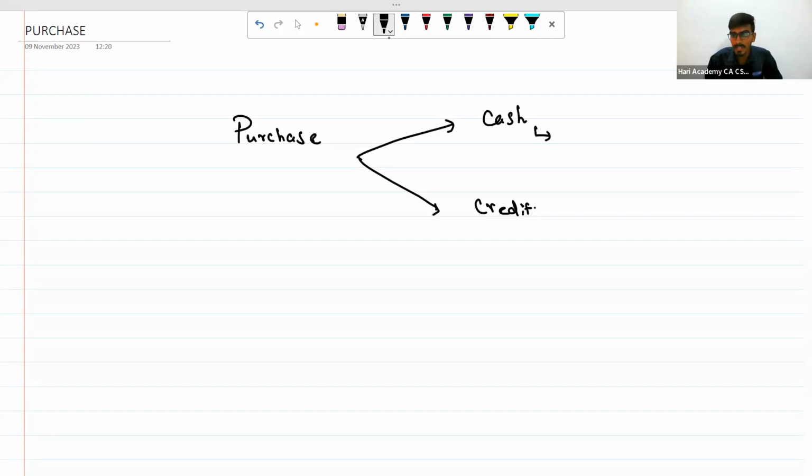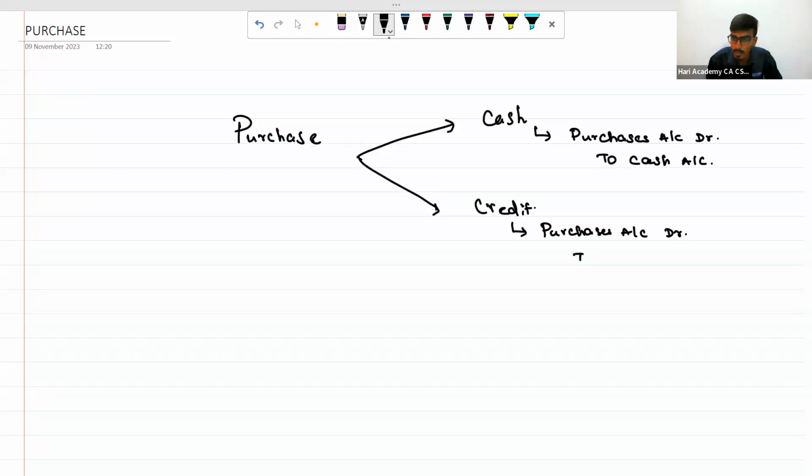So for cash purchase, we will write a journal entry: purchases account debit to cash account. As far as credit is concerned, we will write the same purchases account debit to, here we will use the word creditors because